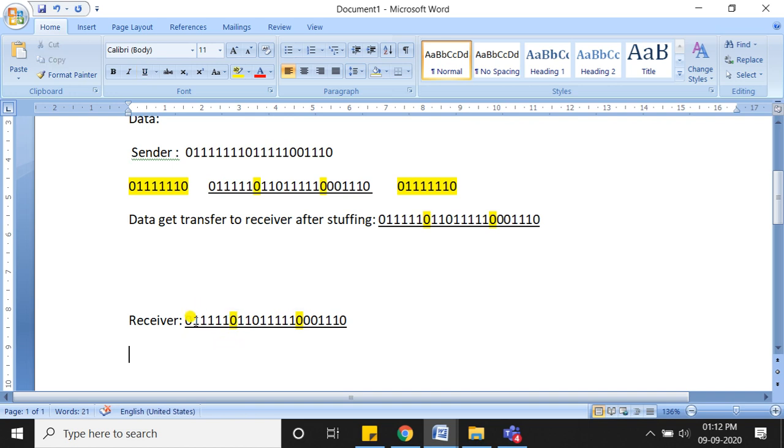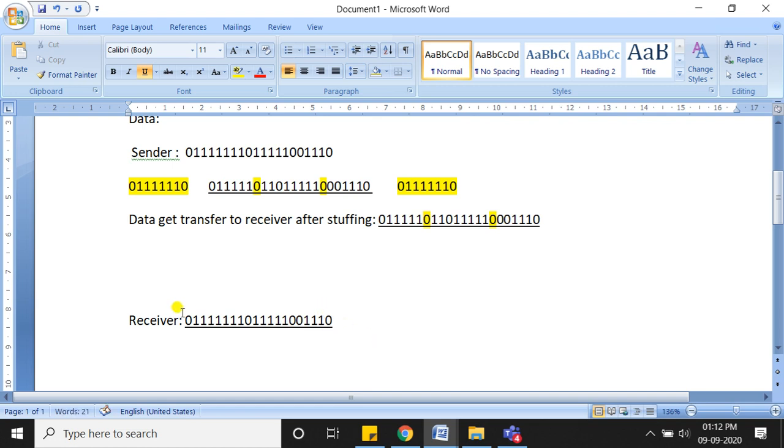I will repeat again: if there are continuous 5 ones followed by 0, then the receiver assumes it is a stuffed bit and removes it. Here there is 1 2 3 4 5, then 0, so he removes that. Again, here 1 2 3 4 5 followed by 0, he removes that.